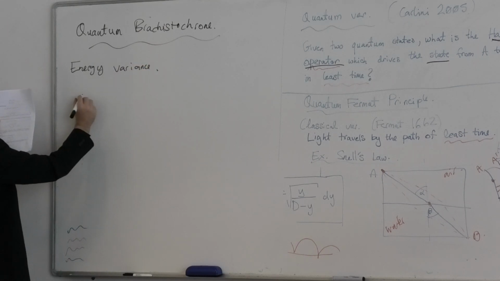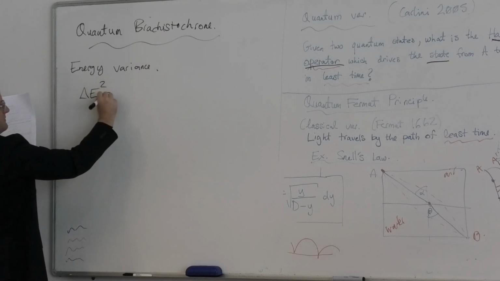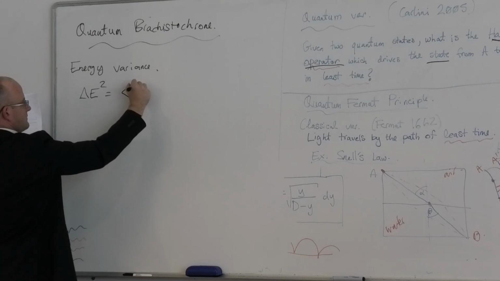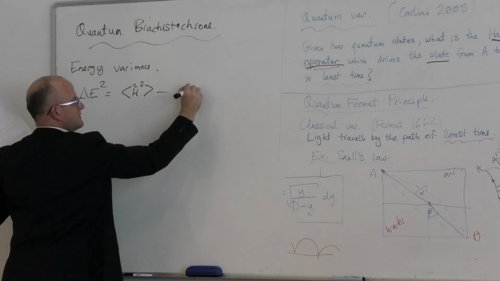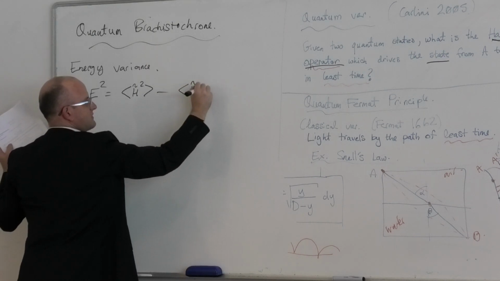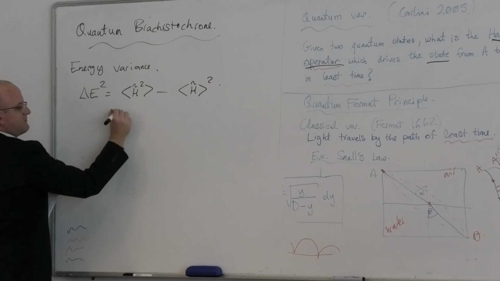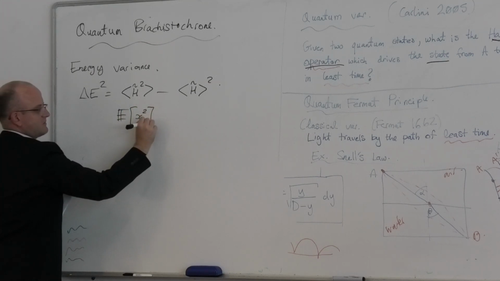I'm sure we all know this from basic statistics. The variance in anything is the expectation of H squared minus the expectation of H, squared. So the statistics formula, would you be familiar with something like the expectation of x squared minus